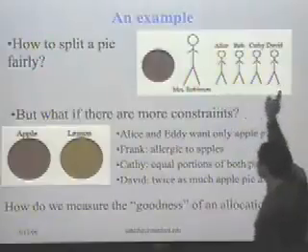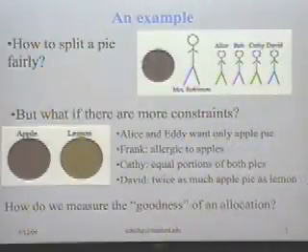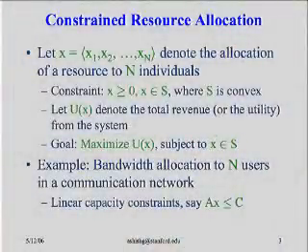The question is, how do we measure the goodness of an allocation? I'm going to talk about this problem mostly. When I say goodness, I mostly mean fairness. But another way of thinking about it, for those of you who know utility theory, is as social welfare. You have a centralized planner like Mrs. Robinson, and this is her society, and she wants to split some resources among this society. The question is, what's the right social welfare function to use?